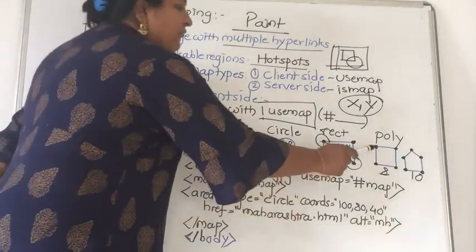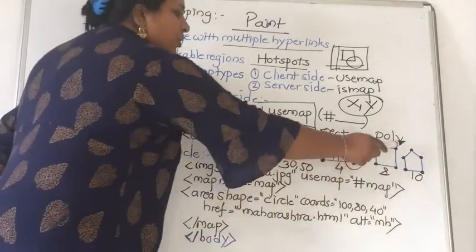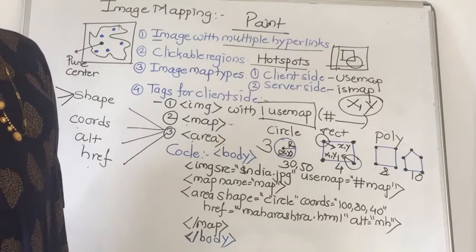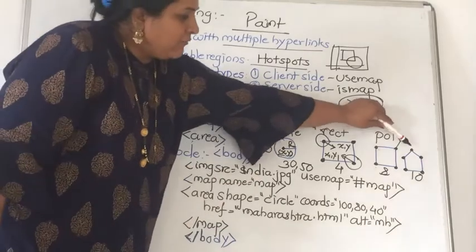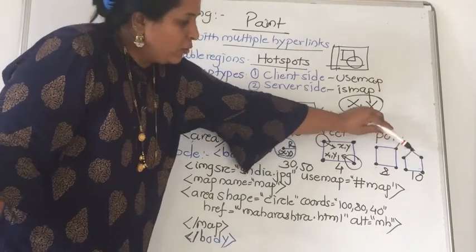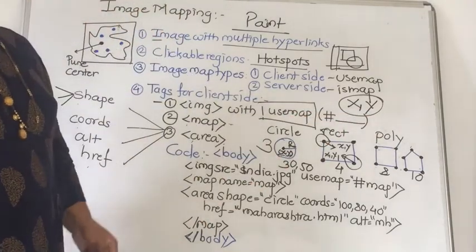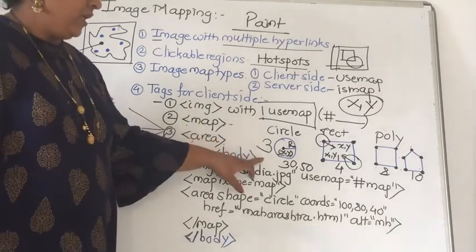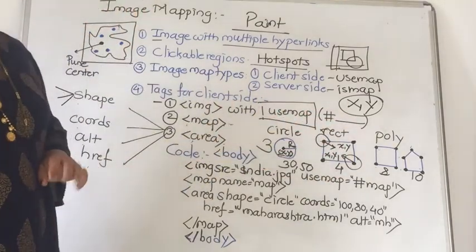And for a polygon, when we draw the shape, suppose a total of 5 vertices are there. So you have to note down the point of each vertex. Suppose we are considering a polygon. Here this is my first, that is x, y. This is my second, x1, y1. This is my third, x2, y2. This is my fourth, x3, y3, and this is my fifth, x4, y4. So a total of 10 coordinates we will use for the polygon. So for the circle 3, for the rectangle upper left and lower right 4, and for the polygon the vertices of each point.